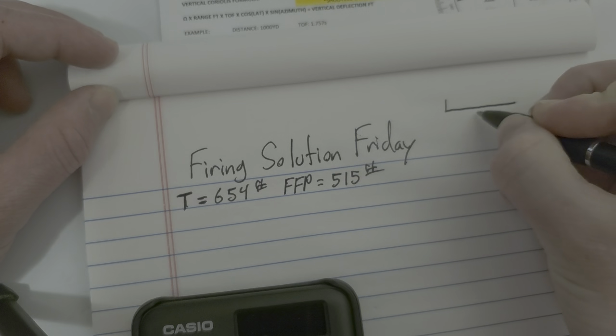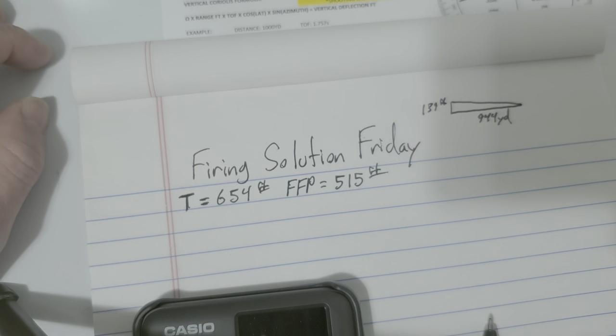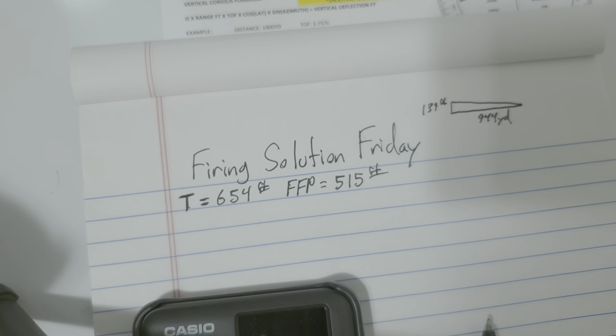It's important to note that we used our rangefinder to get our yardage. We didn't actually use the GPS. I did measure the distance with the GPS, but I don't have it set up to give me the distance in yards. And if you were to pre-plan like we normally would and use Google Maps to get your distance, based on coordinates you took out in the area in the scouting process,